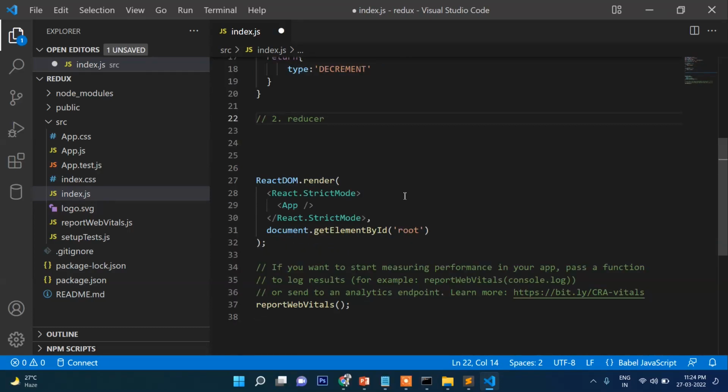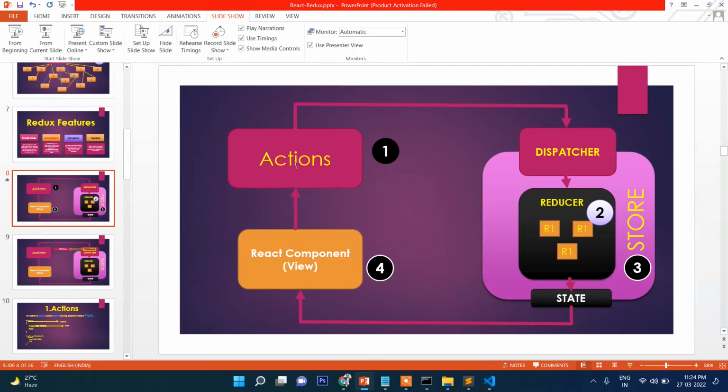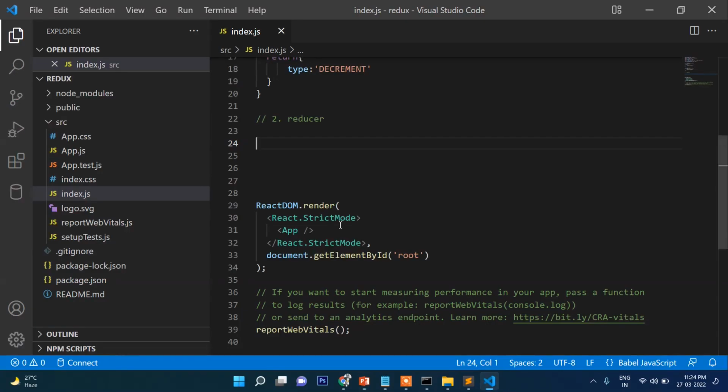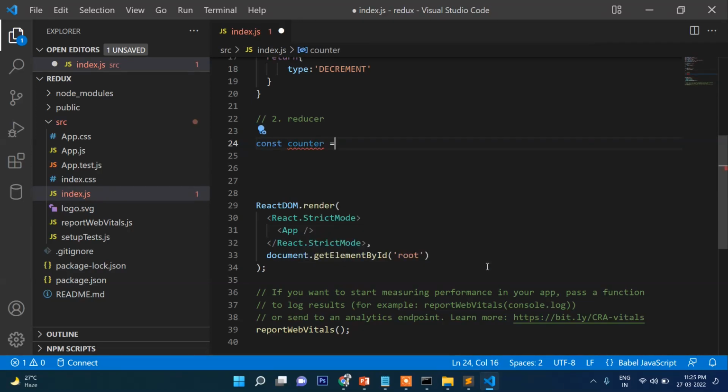So our step number 2 is the reducer, right? If you remember, this is your step number 1, and the second step is the reducer. So now let's create the reducer here. We will write const counter equals to, this is also a function,